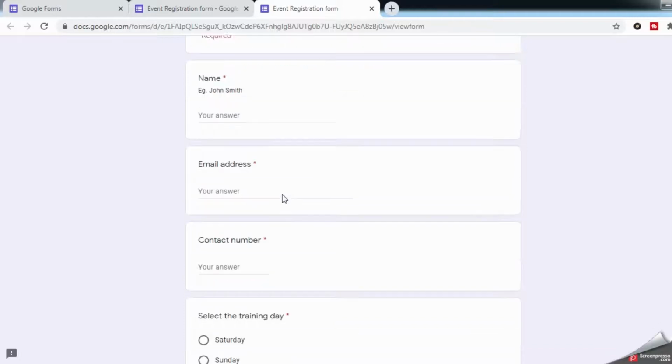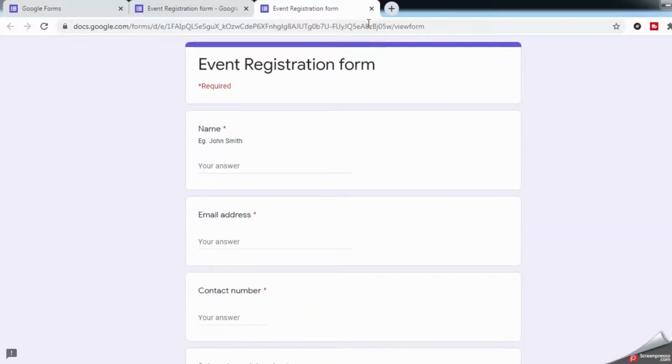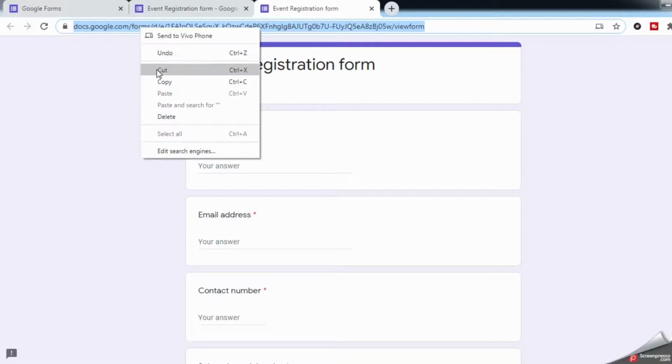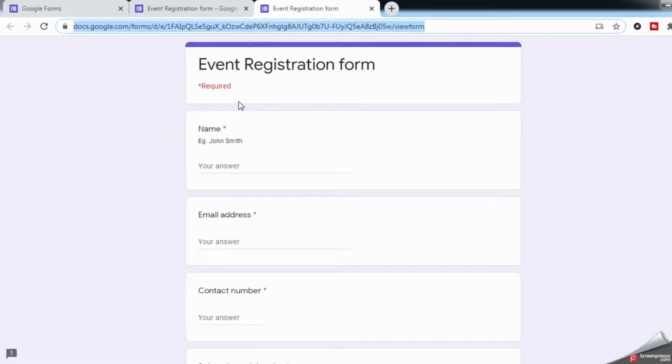This is the link you are going to send to your user. You can copy this link and paste it in your email or any other place where you are sending this link. Once the user clicks this link, the user will be given this form to fill.